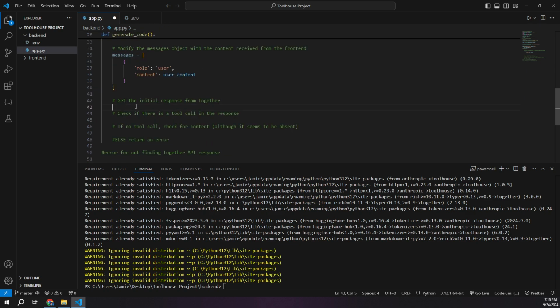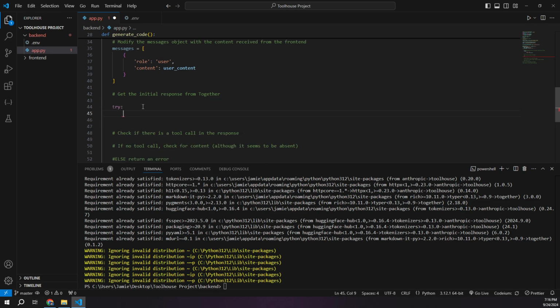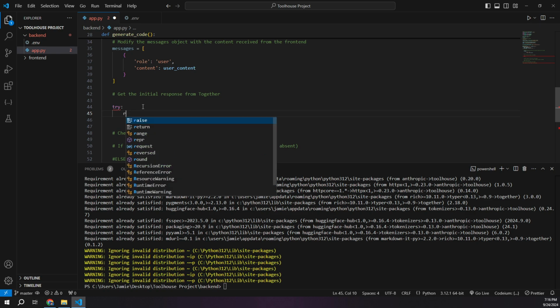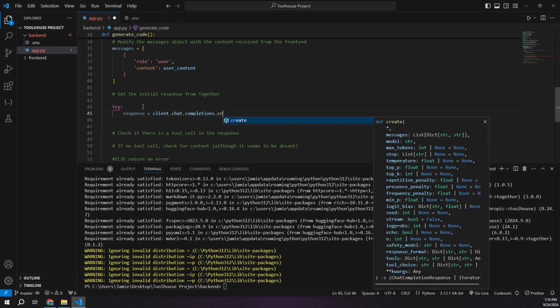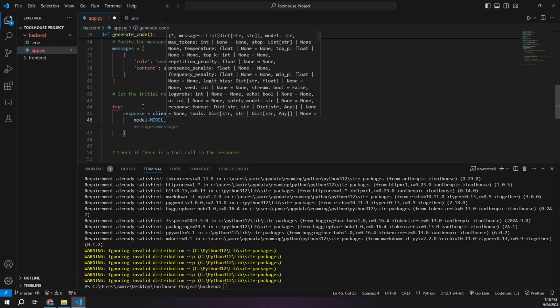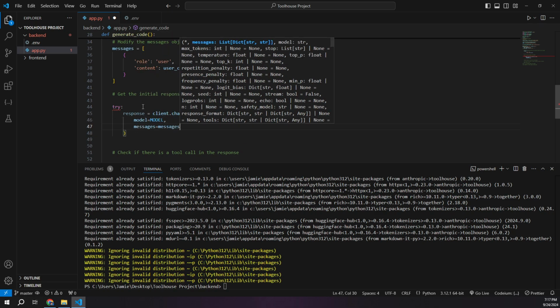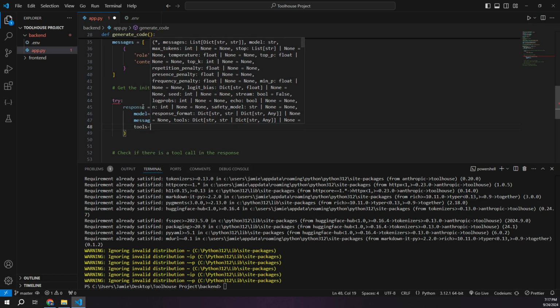So inside of here, I want to go ahead and try to initialize the response from Together. To do that, first we'll just go ahead and make a try. Next, I want to create a variable called response, and that's going to be equal to client.chat.completions.create. Inside of here, I want to set model to model. I want to set messages to messages. And then lastly, I want to set tools to